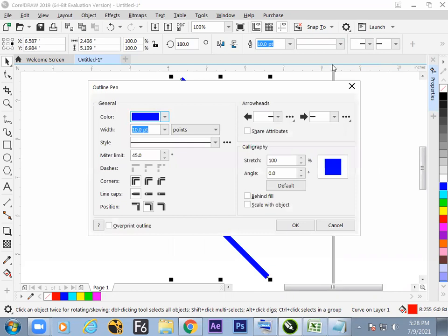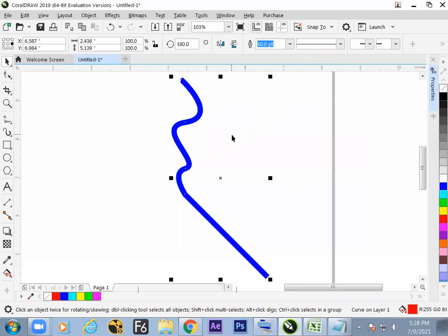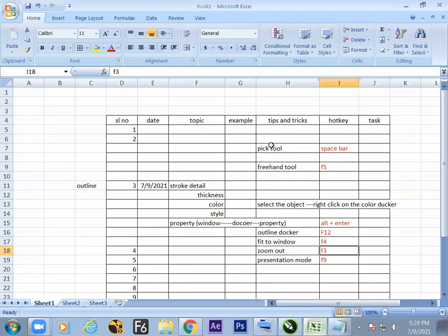So now we have switched from the normal line to the style. It can be done by the F12 button, the Outline Pen window. Here you can switch the style. Now the next, a lot of properties are there, like arrowhead is there here also. Except that, there are a few extra options over here, which can be changed inside the outline properties, but often used is this. So let us start making a little artistic work. Hope the theory is clear. Any questions on the theory, is it okay?